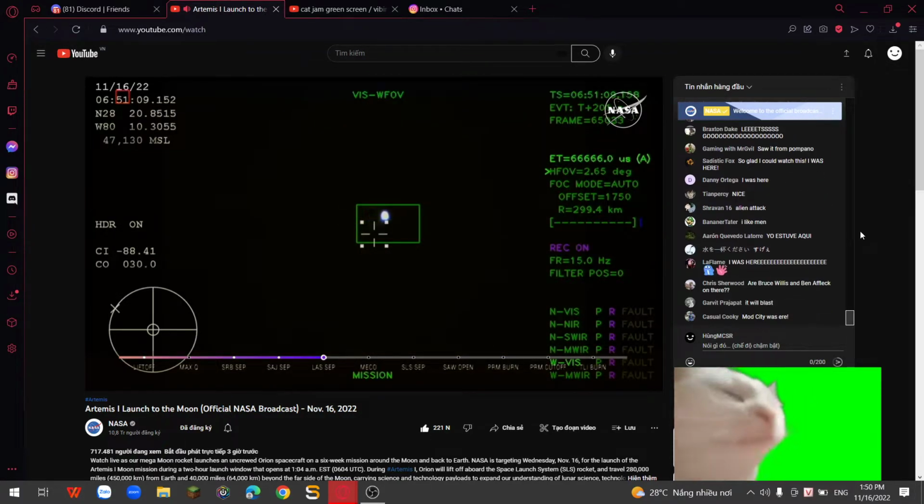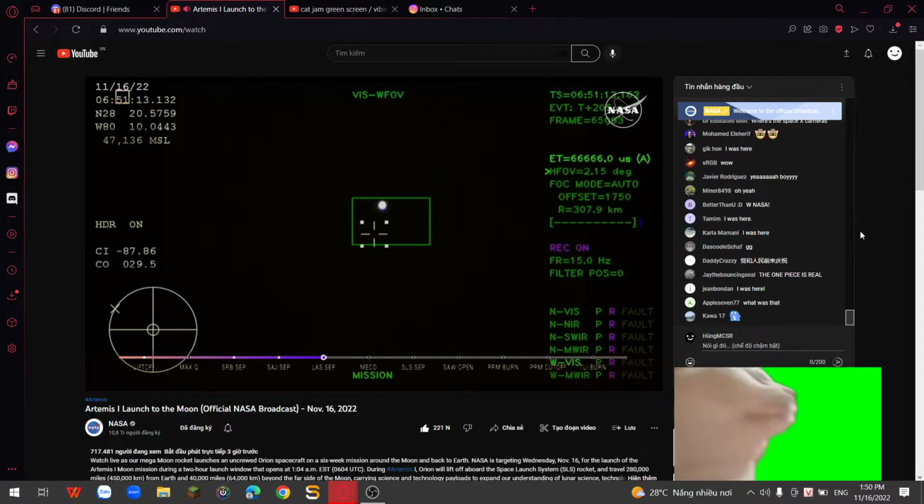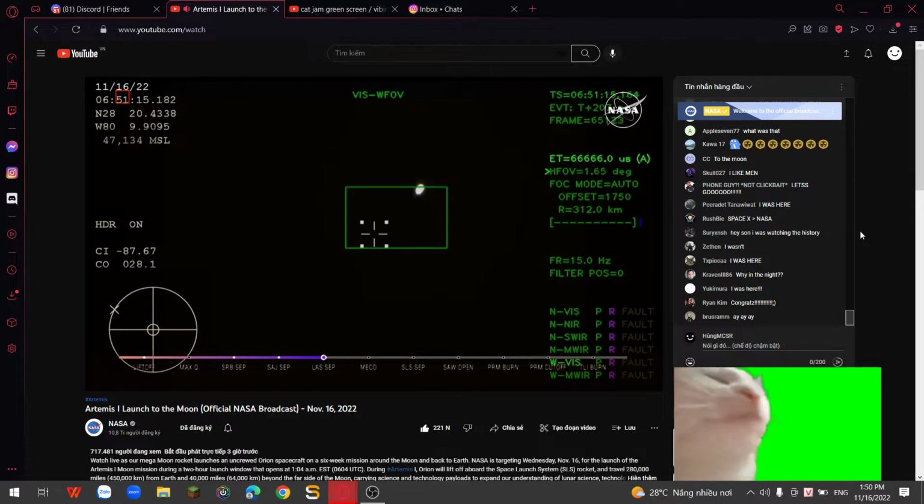And the launch abort system pyros have fired, separating those from Orion as well. For future crew members,